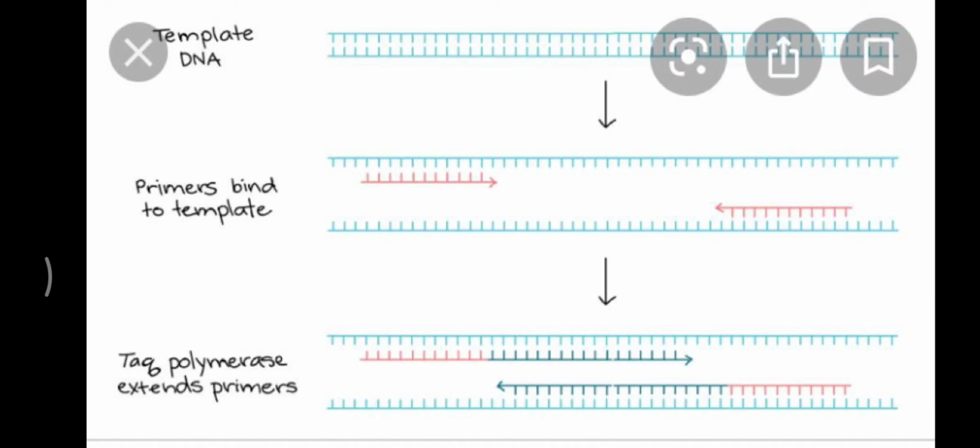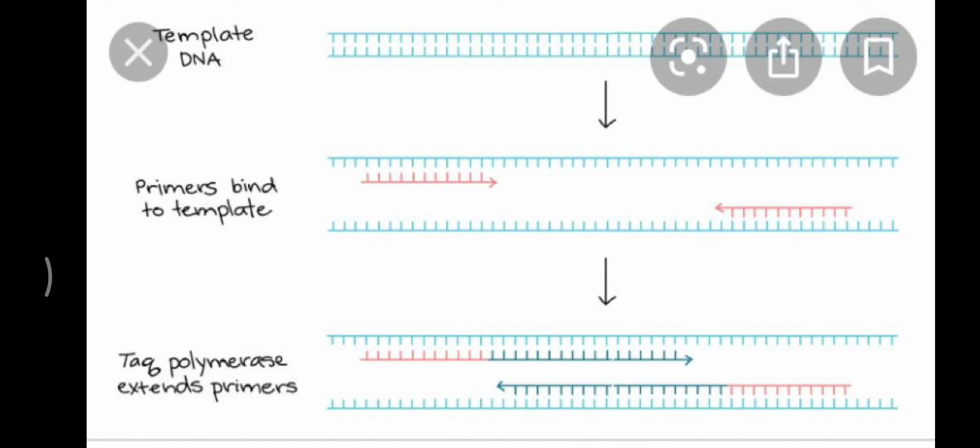Here it is very clear that from one DNA, 2 DNA molecules are made, in which one strand is the parental strand and one strand is the newly synthesized strand. When these 2 DNAs are again denatured, and annealing is done again, then you are going to obtain 4 DNA, where every DNA will have one parent strand and one newly synthesized daughter strand. So this is the complete description of how the gene of interest is amplified or how its multiple copies are made.